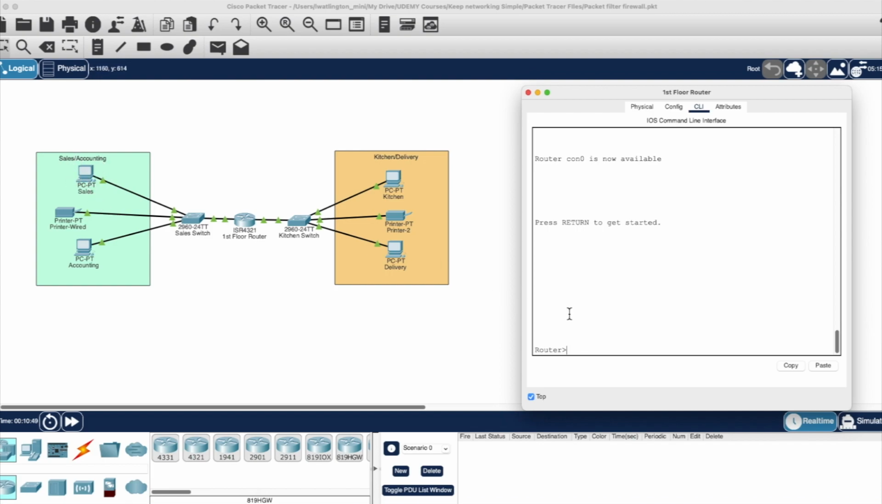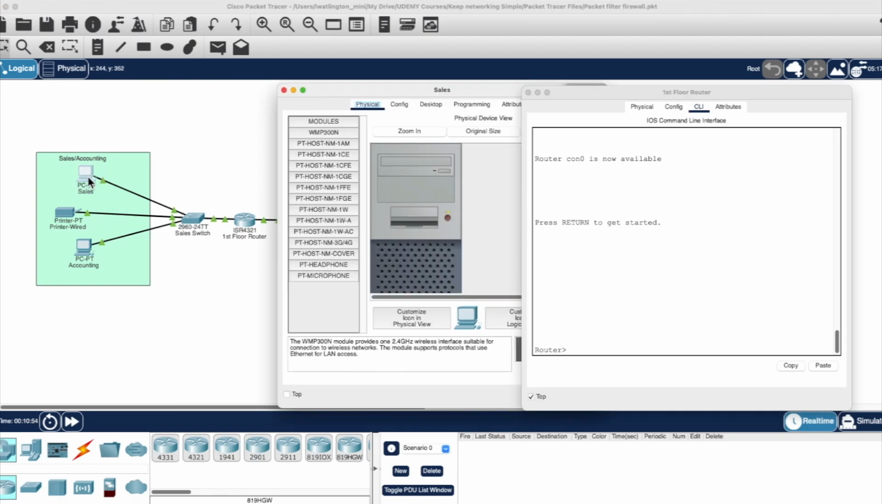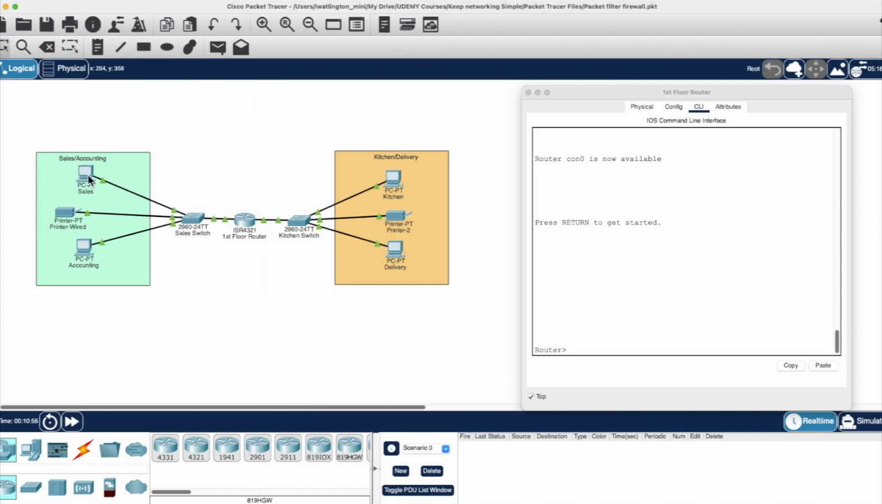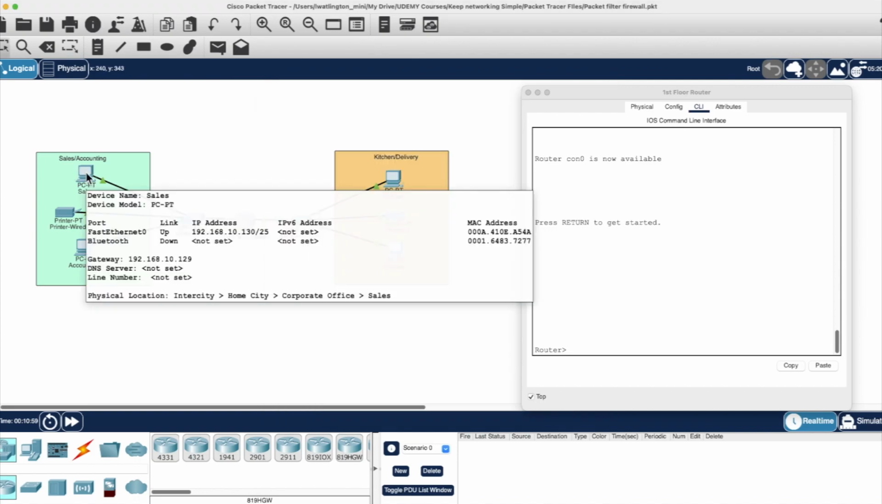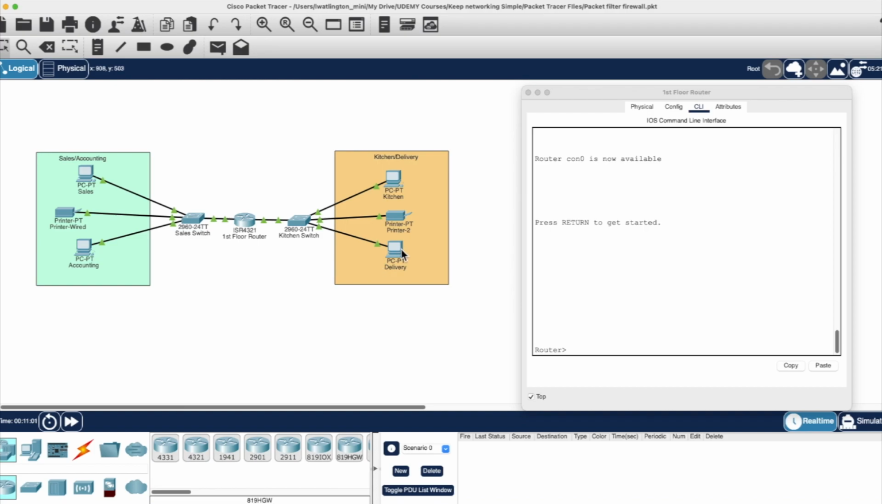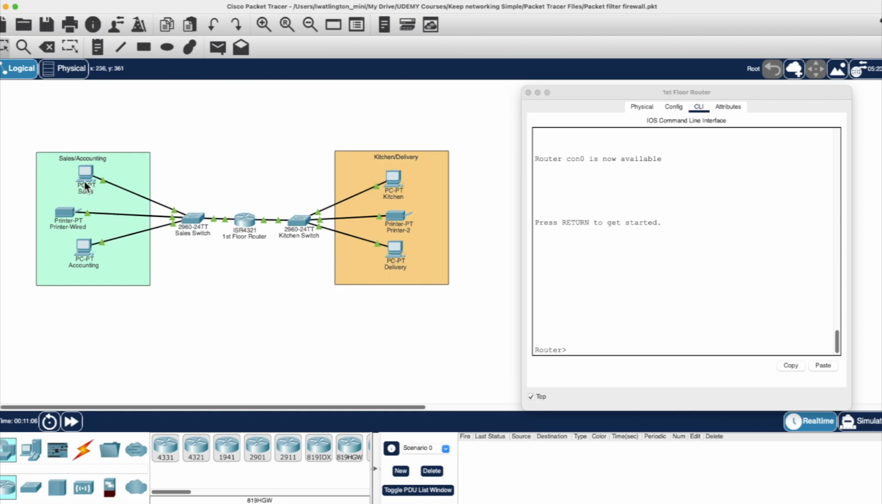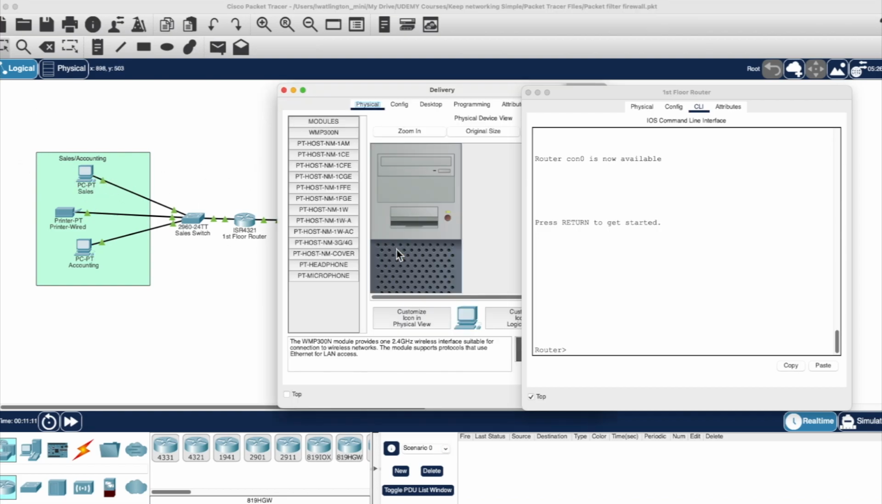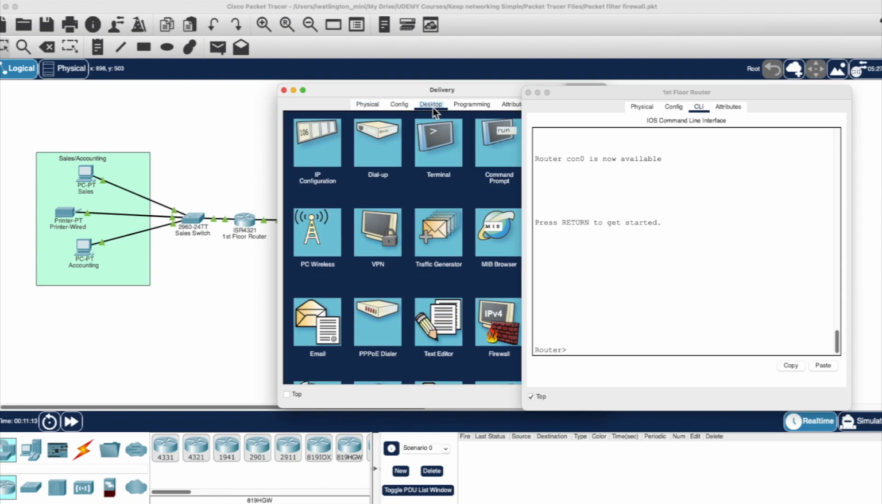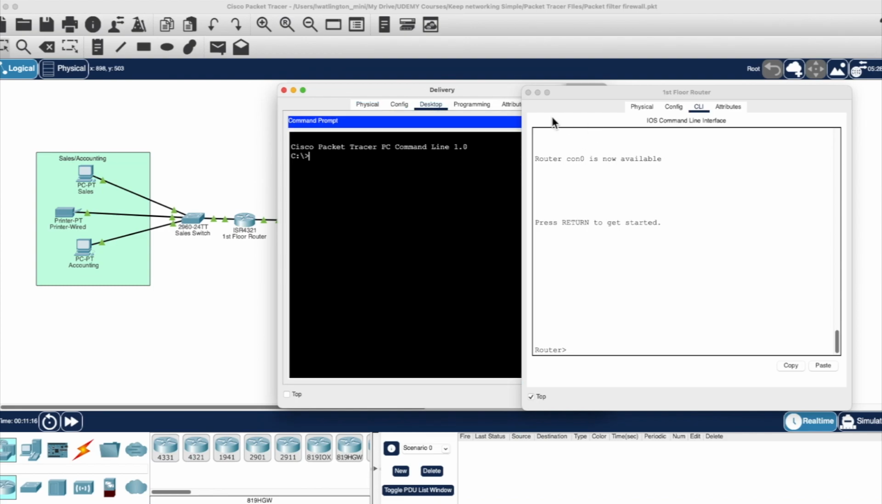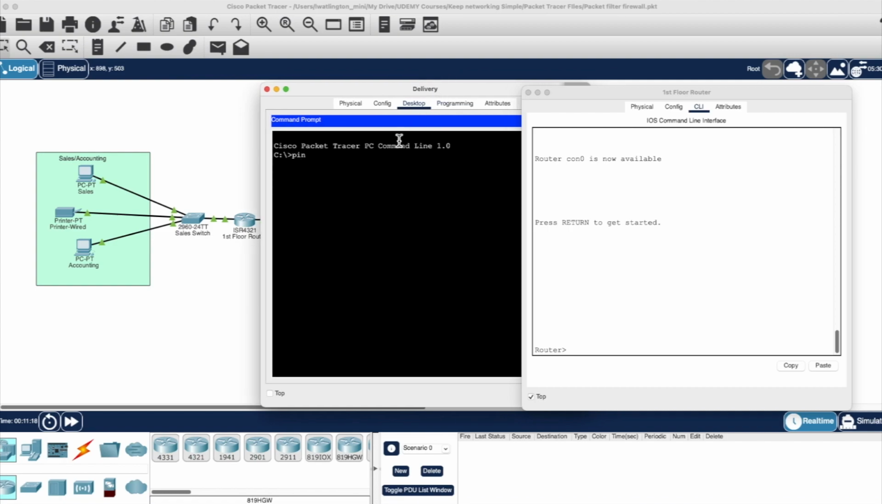First thing we'll do, just to show you that everything works, we're going to go take a look at this PC, which is .130. We're going to ping this PC, which is 10.2. Or let's ping the other way. Let's do that. If I go to my desktop command prompt and ping 192.168.10.130,